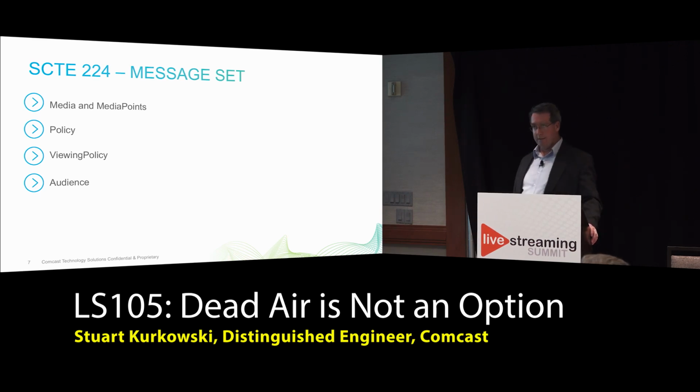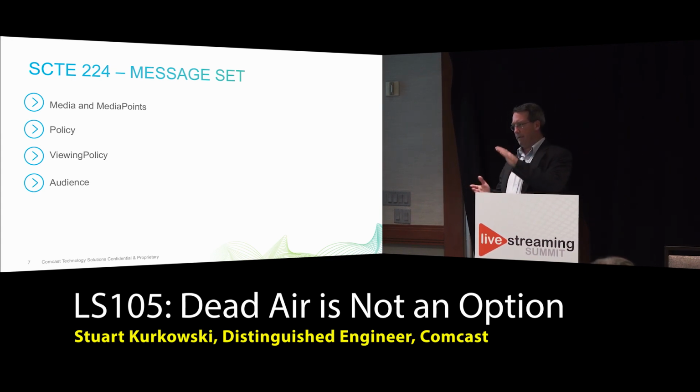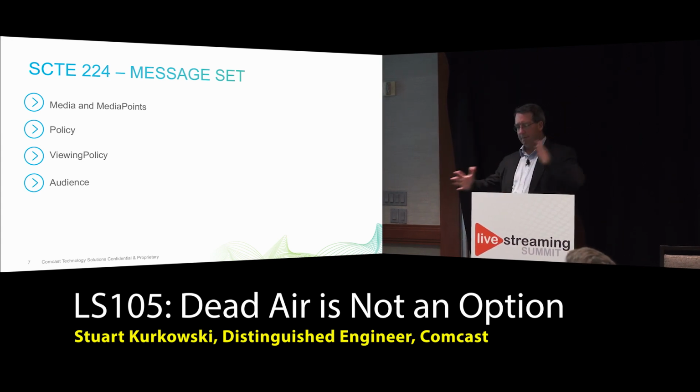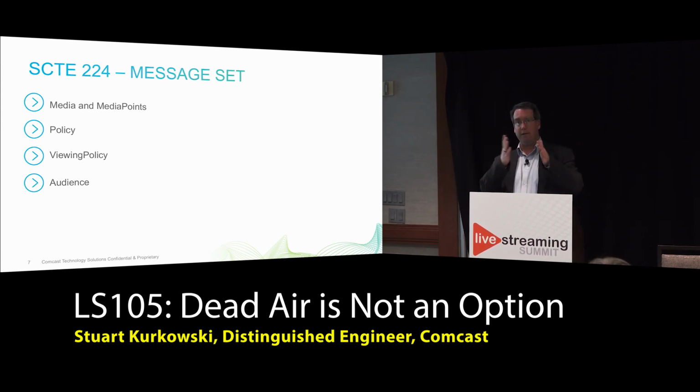The first one is a media, and if you think of a media as a channel, a media could be Fox Sports 1 or something like that. And then media points is any point in that channel, so it represents events, right? So usually I have a pair of media points that go with each event, one for the start and one for the end. That's rapidly growing. We'll talk about that in a few minutes. But so I could have a media that maybe has 14 days worth of information in it, and so it has 500 media points, the start and end of each program that's coming up for the next 14 days.